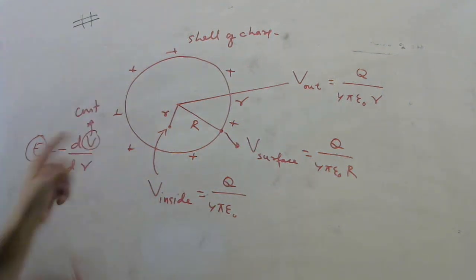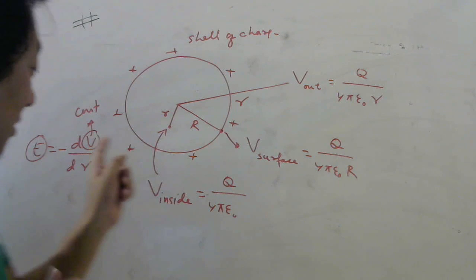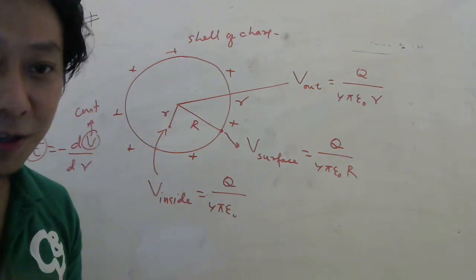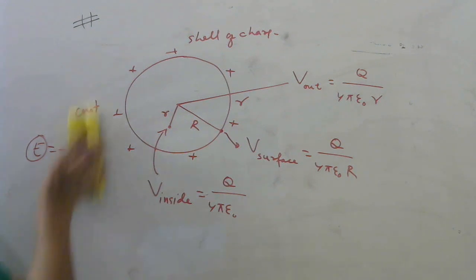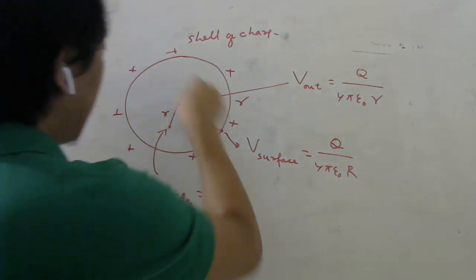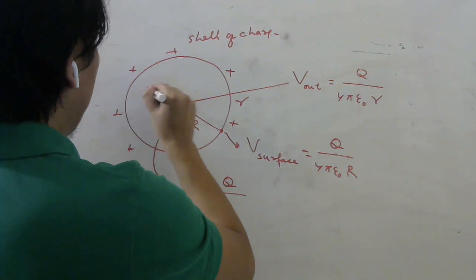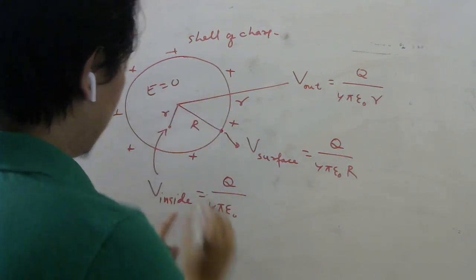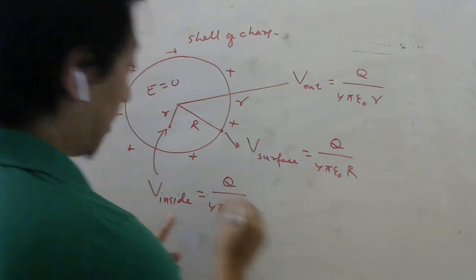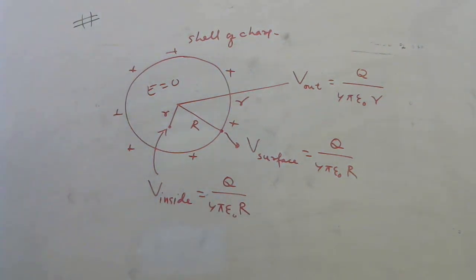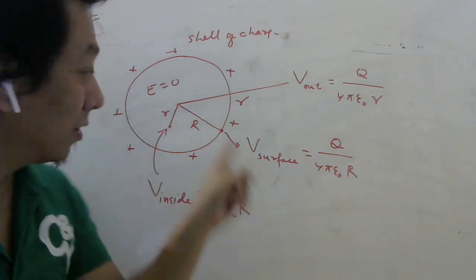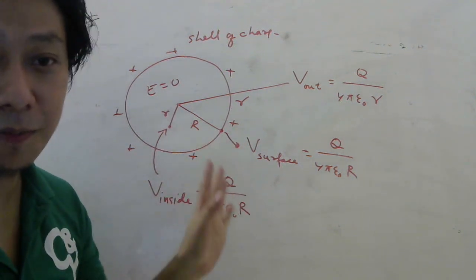If my height is constant, then my rate of change of height will be zero. My height is not changing. So everywhere inside, electric field is zero, but potential everywhere inside will be constant and it will be same as on the surface, which is capital R. So be careful very much, students. So if you have understood the derivation, very good. If you have not, remember this result. Very, very important. Okay.